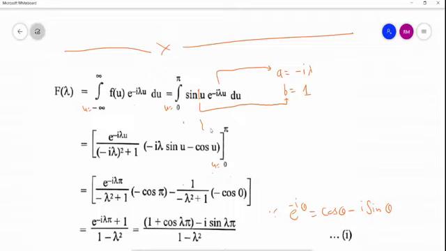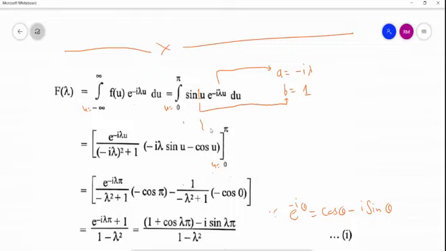e raised to 0 means 1, and we get the second term like minus 1 upon lambda square minus lambda square plus 1. Here sin 0 is 0, cos 0 is minus cos 0, and cos 0 is 1, we already know. So minus of minus, it will be plus here, such type of terms will occur,